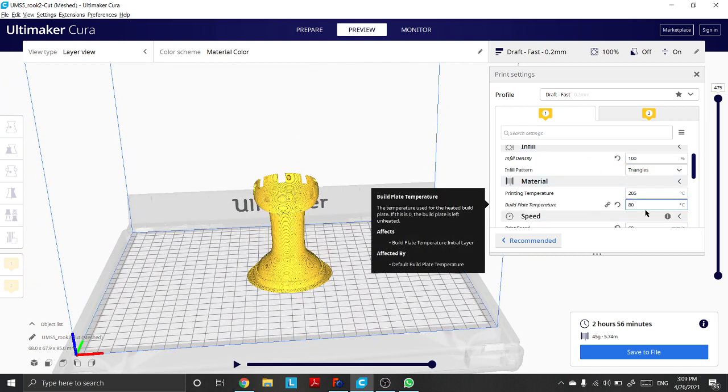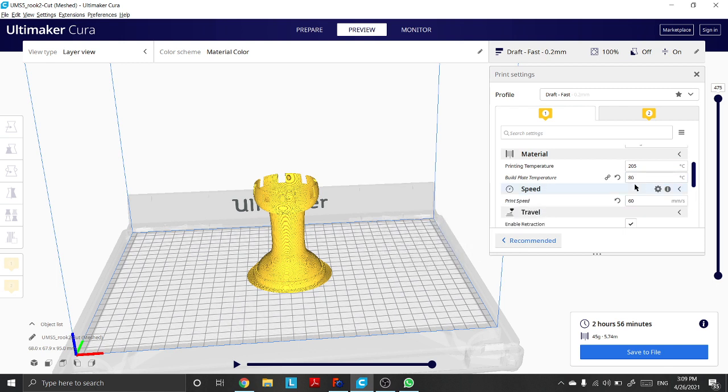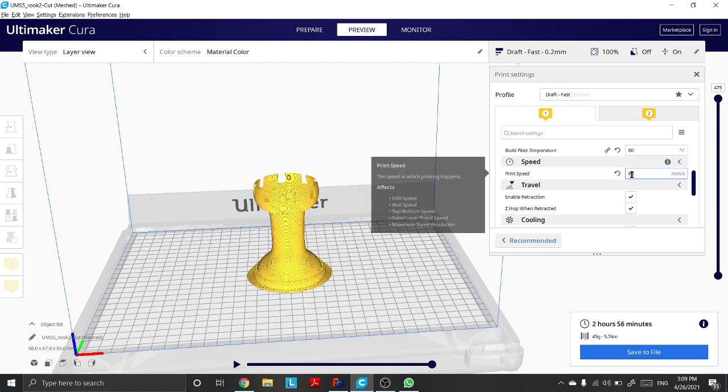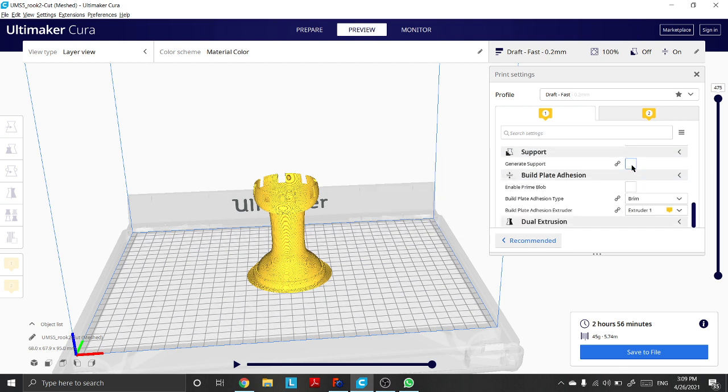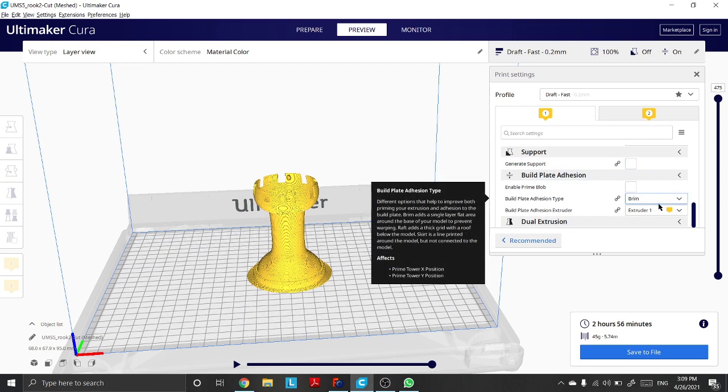For build plate temperature, I set it at 80 degrees Celsius, and print speed was set to 60 millimeters per second. And for the build plate adhesion type, I used the brim option.